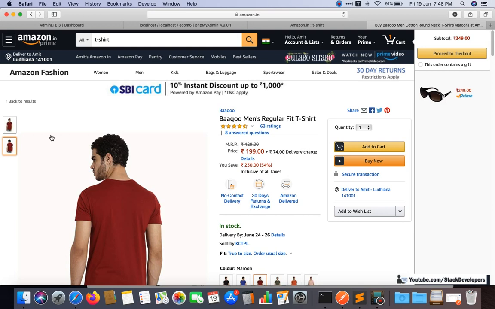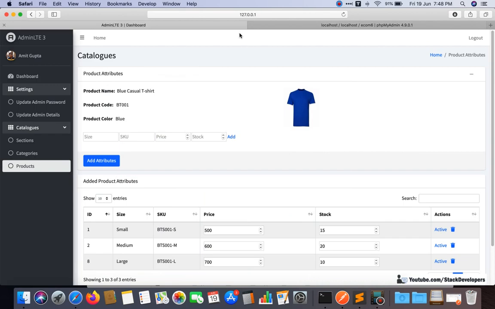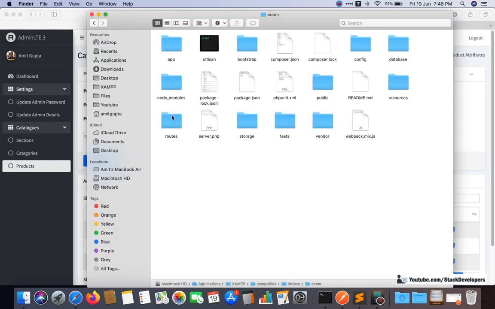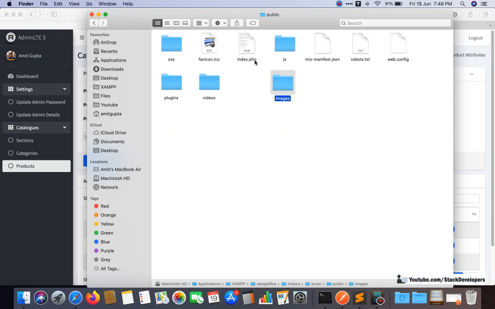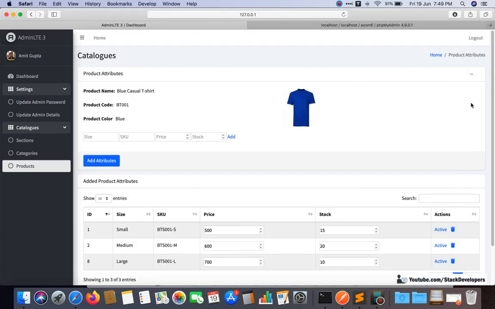So we are going to start working on this. In this video we are going to work on its table. We are going to create a product_images table with the help of migration, and add one dummy entry into it with the help of seeding. In the dummy entry we can put the same image we already have in our public images, product_images small. We can keep this image as an alternate as well, so we are going to add this image in the product_images table.